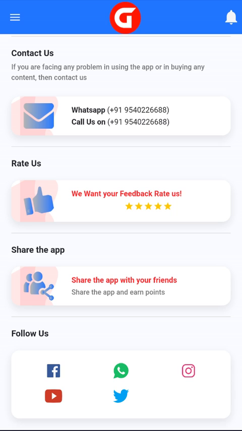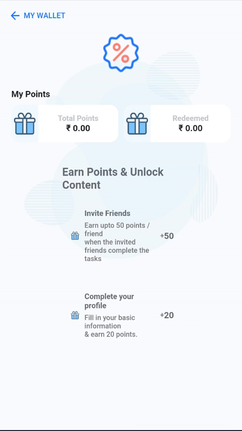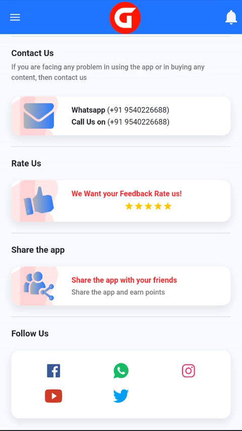Also, you can share this app with your friends, and you can earn some points. And when the points have been accumulated, you can also purchase some books or videos from the app.